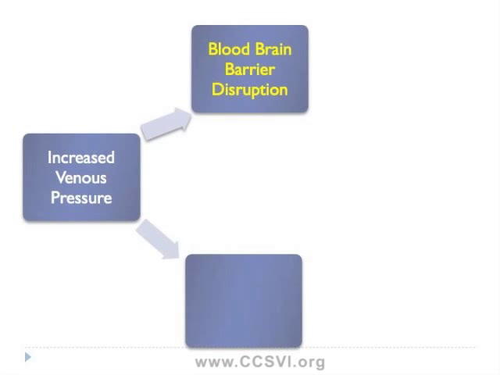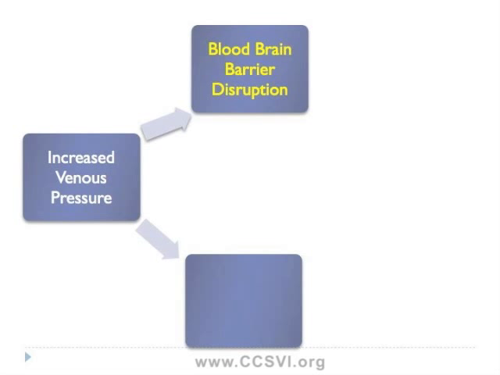So there's this concept that as the blood flows through the brain, the cells that are lining the smallest blood vessels in the brain are preventing everything from passing from the arteries and capillaries into the brain material. And if this is disrupted, then bad things can make their way into the central nervous system.